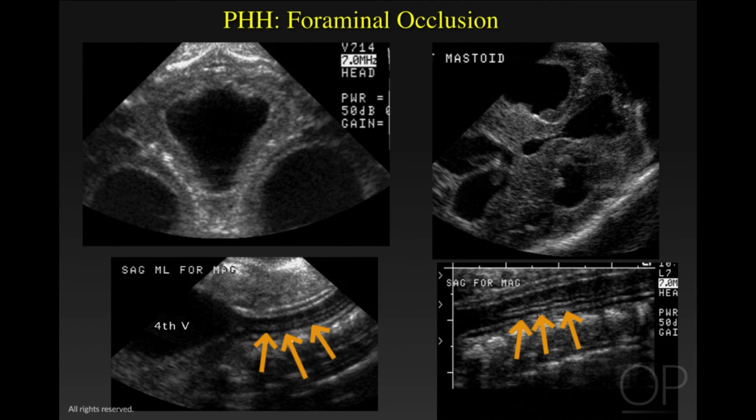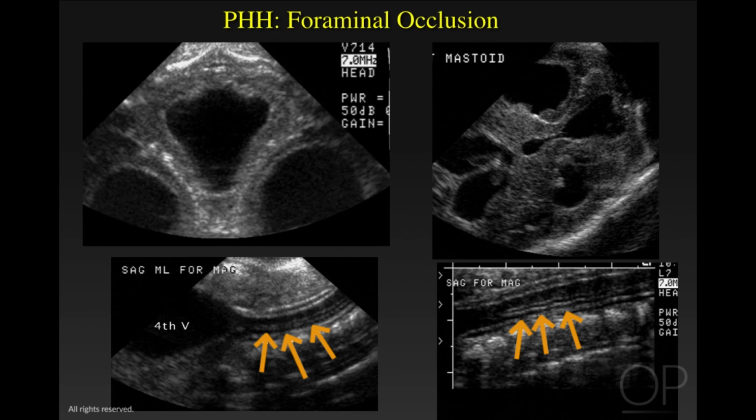cisterna magna. The image in the bottom left of the screen shows that the fourth ventricle is massively dilated, filling the entire posterior fossa and extending to the level of the foramen magnum. Notice the cervical medullary junction is kinked with an anterior displacement. This is an important finding because it is often associated with pressure on the cervical medullary junction and subsequent apnea